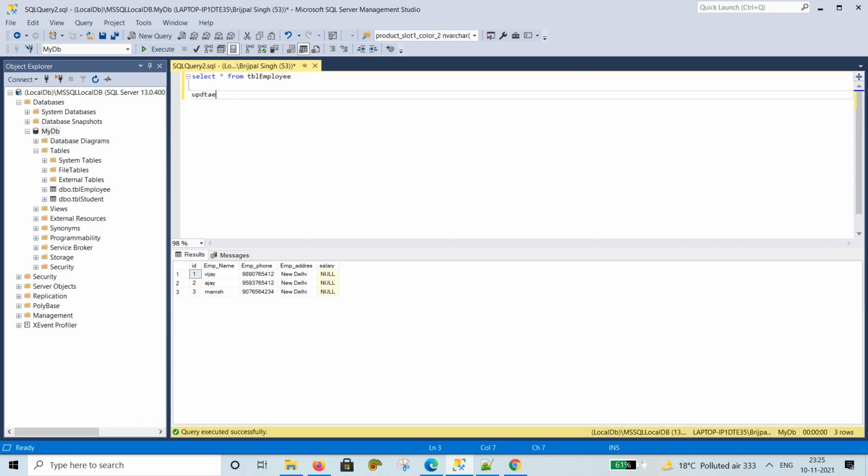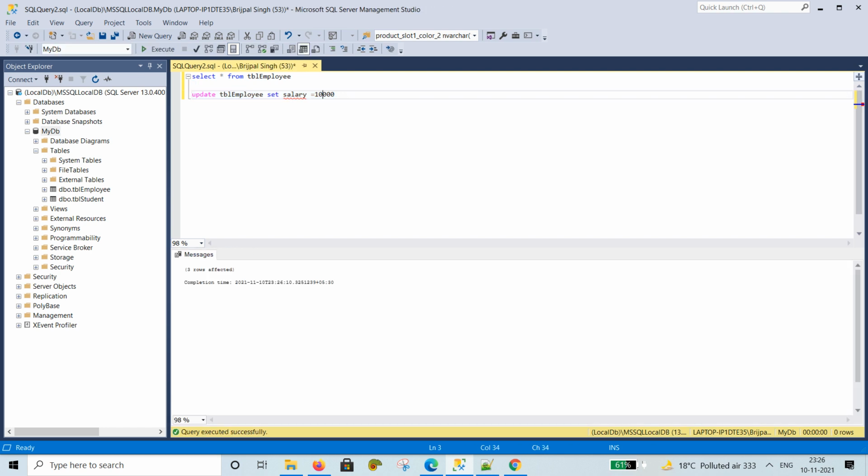So update. The syntax for the update query is: update table name TBL employee, and set the value, defining the column name here, salary is equal to 10,000, and execute this.